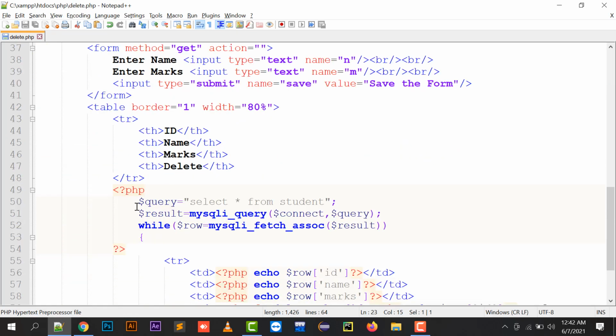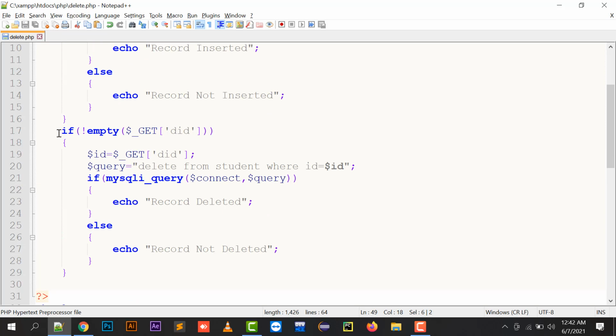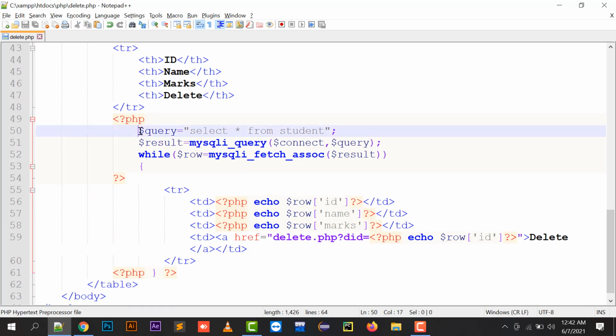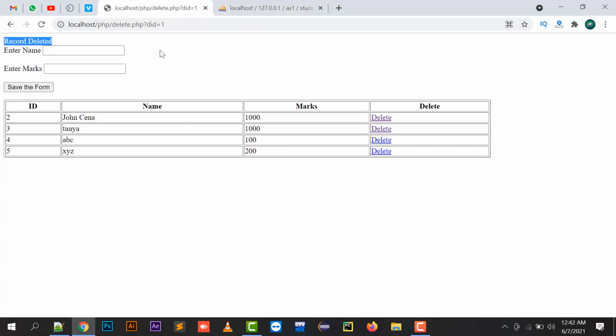When we fetch the records, first your record will be deleted, and at the end your query will fetch the fresh records from your database. So in that case, the first record is deleted, and your table will display all the records except the first one that was deleted when we clicked on the delete button.